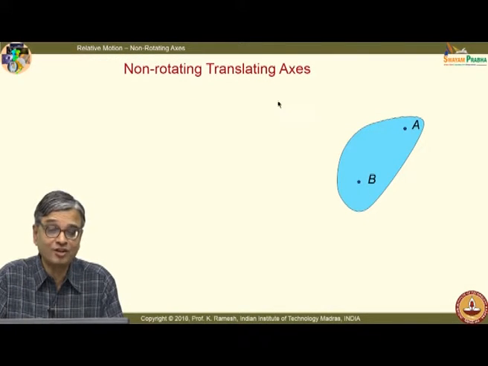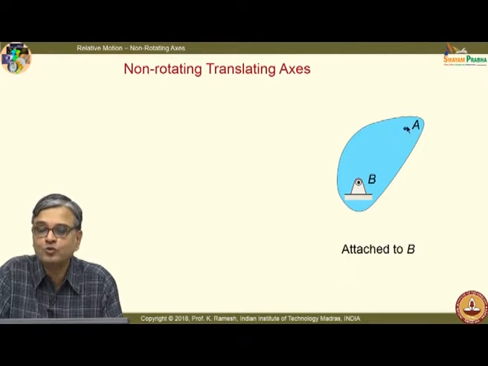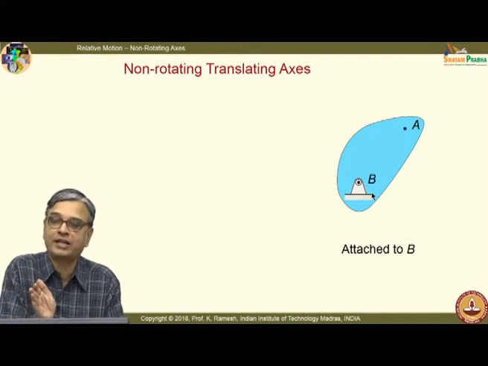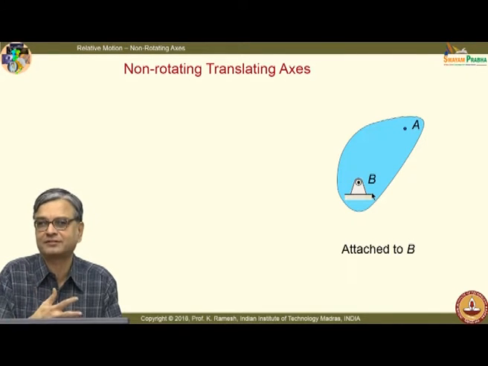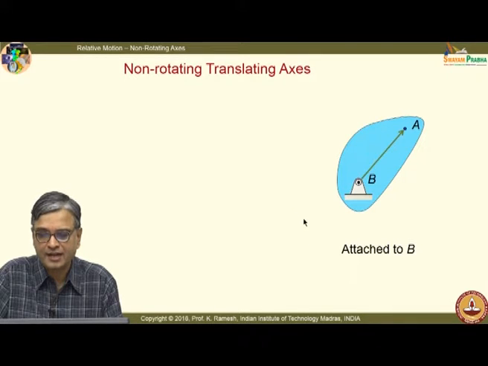And I cannot apply Newton's law directly on this. I have to get the absolute values, only then I can do that. So, now we will visualize that this translating axis is attached to point B. How would I view the point A sitting at B? That means, I move along with the body, you have to do the imagination, little difficult to do. So, I will help you in doing the animation and then help you to do that. So, I have this position vector here. This is nothing but RAB.